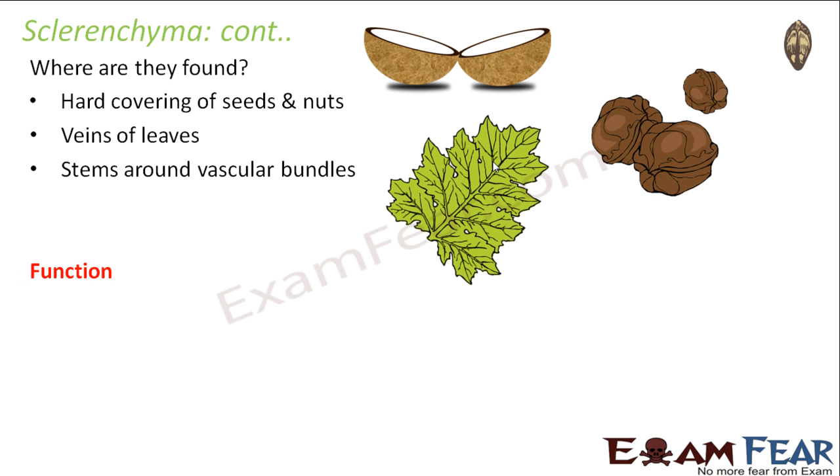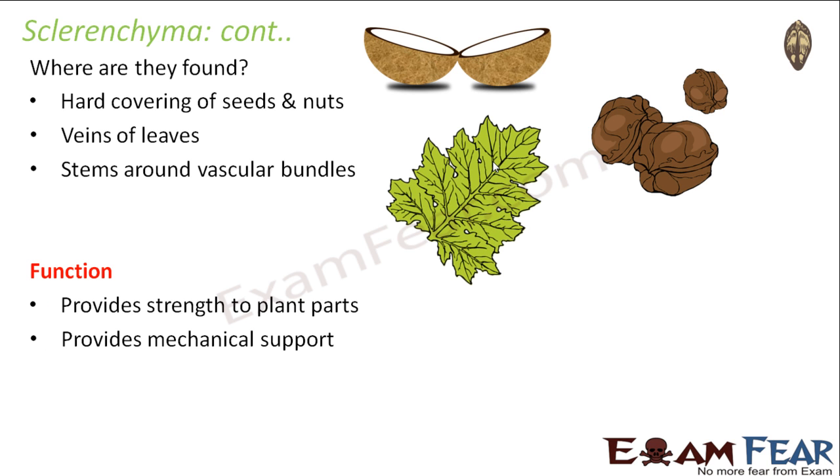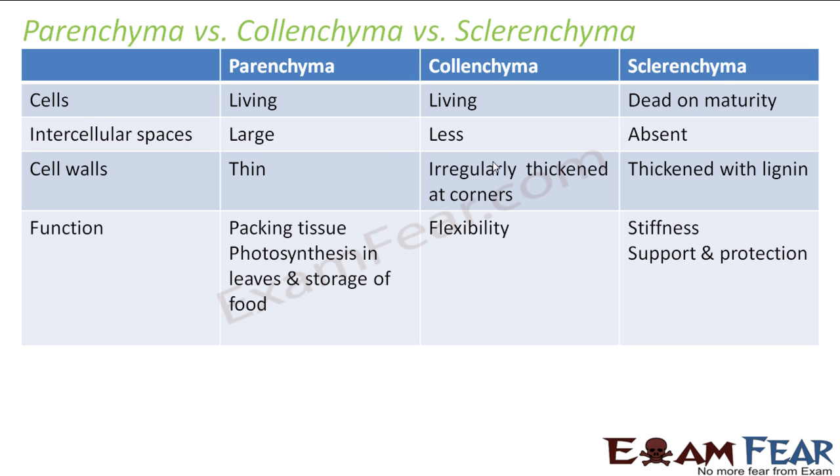So what is the function of Sclerenchyma? Since its function is to provide stiffness, it also provides support, strength to the plants, mechanical support, right? Providing support is the main purpose of the Sclerenchyma cell, because even though they are dead on maturity, they provide structural support to the plants. Correct? Now we have finished our discussion on all the types of simple permanent tissue, that is parenchyma, collenchyma